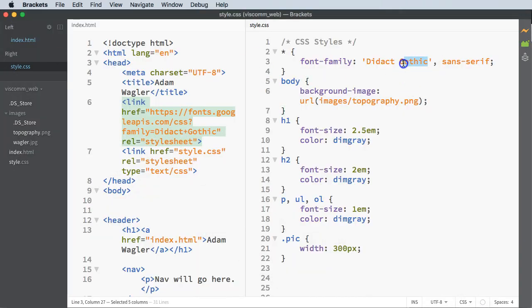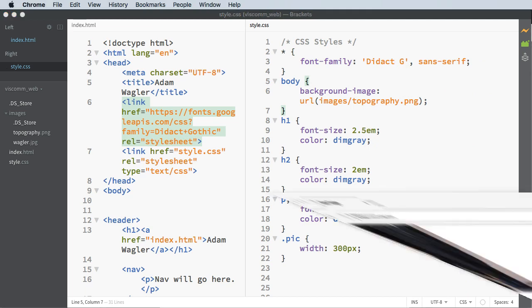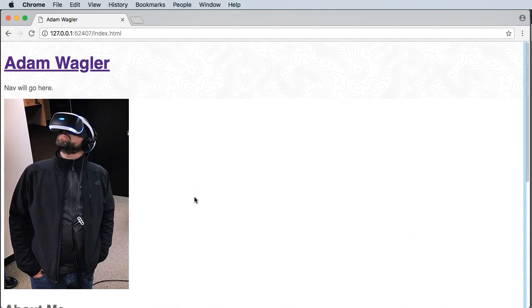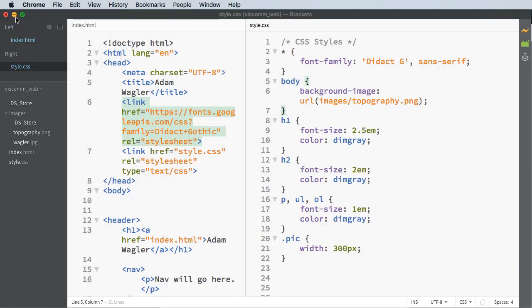Now, if for some reason it didn't work, say I spelled Gothic wrong, right? I just had a G and I didn't get it all pasted in there or something. If I save that and go back into my preview, you'll see that it reverts back to the default sans serif font that is loaded on that person's computer, whoever's looking at your web page. Okay? So it is a little bit of a balance, to try to get it to look good in a lot of different situations. But what we want to do is have this font family, the preferred font, and then